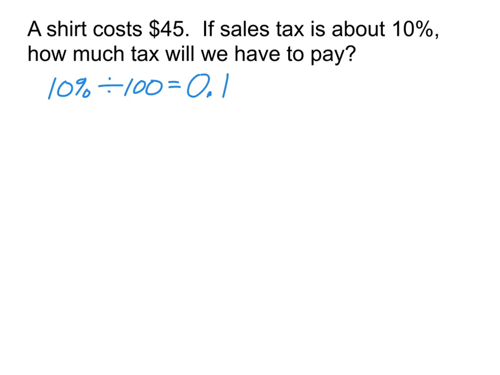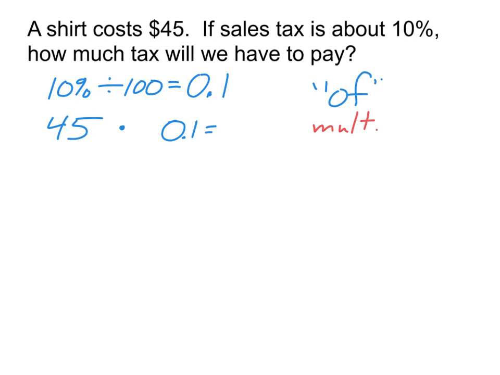So that's the tricky thing with percent. You got to turn it into a number before you can do math. So if I want to know what 10% of 45 is, that means I'm going to take the 45 and my 0.1, and I got to do something to them. Now, whenever you can say the word "of" in a math problem, do you remember what that means? It means multiply. It's just one of those interesting things about how our language is used, but if you're trying to figure out some quantity of something, it's telling you to multiply. And so then I'm going to be doing 45 times my 0.1,